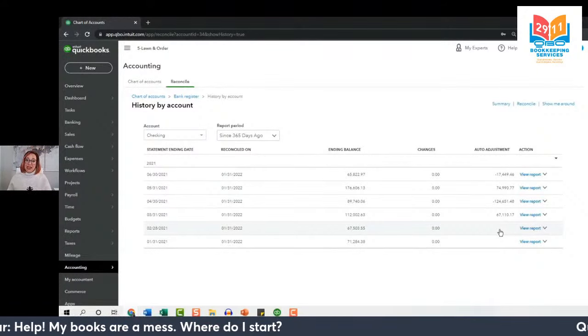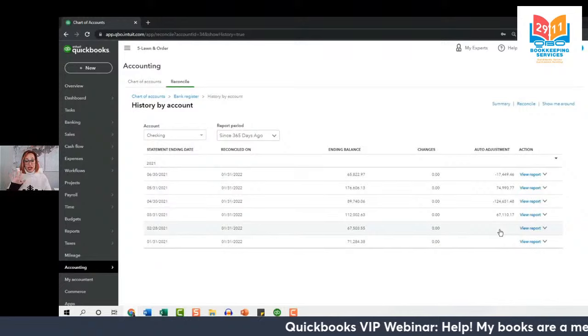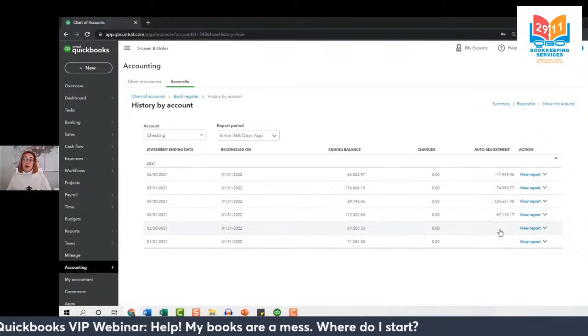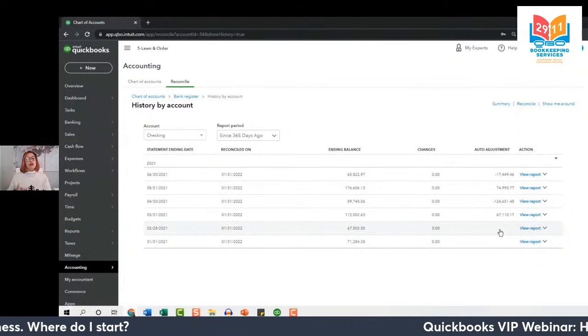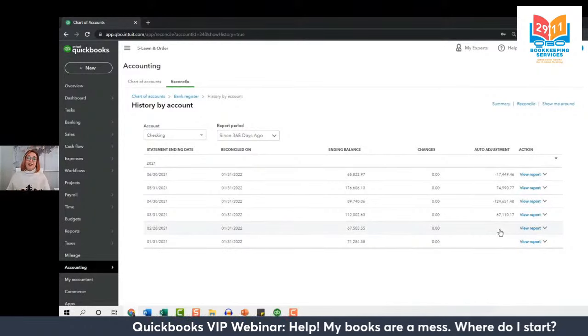Now, pause here, because as a document on your screen right now, you can go ahead and open that, and there are step-by-step instructions in a video that tell you how to sign up for a QBO accountant account, and then how to log in as the accountant and go ahead and undo those reconciliations. So if you need steps on how to do that, you will find that help document right here. Go ahead and follow those steps now.